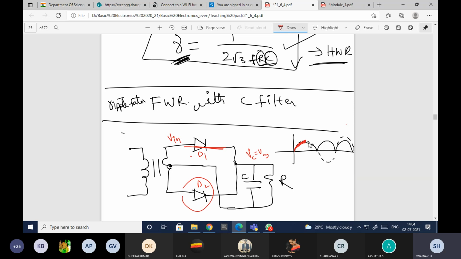After the peak value, the next value will be less, so the VC voltage will be greater than VN. Vin will be less than Vm only, right? Because after this point, I have the signal like this. After the maximum value, the next value will be less than the maximum, so then only I call it the maximum. So this diode will also be open, because this is your P and this is your N. The voltage connected to the N type is more when compared to the P side, so the diode will be open circuited.